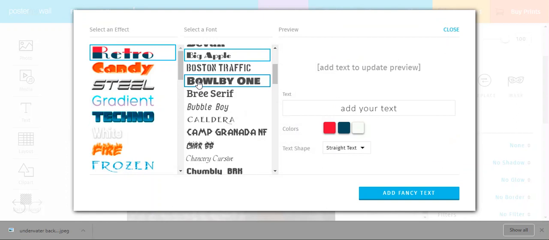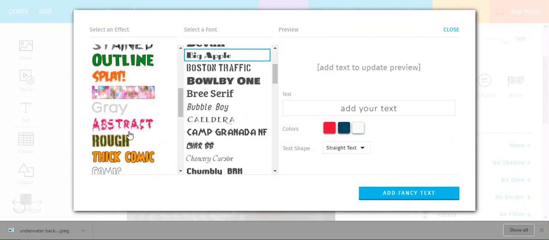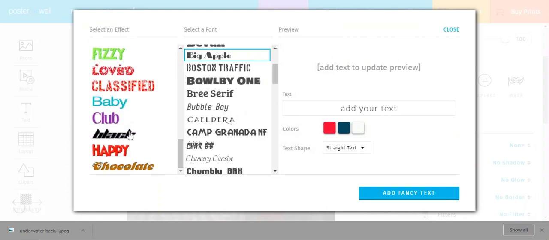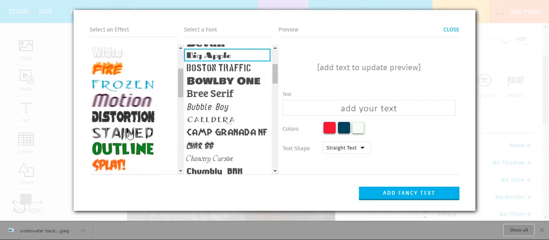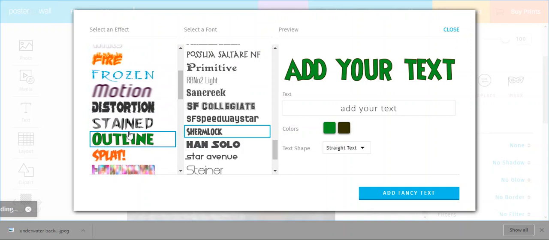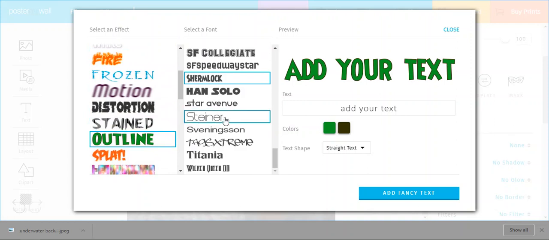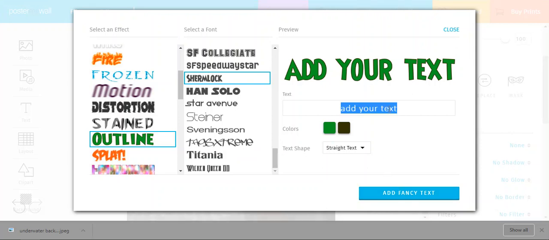All right, now in fancy, you get to choose from a lot more different styles of fonts. And it takes me hours just choosing fonts. I know, I've done it myself. All right, so let me just choose. That was not bad. All right, I'll just go with that one. Okay, so you click on this bit here where it says add your text, and you type in something like,